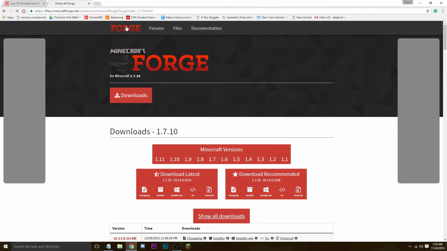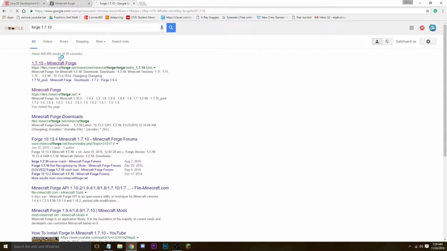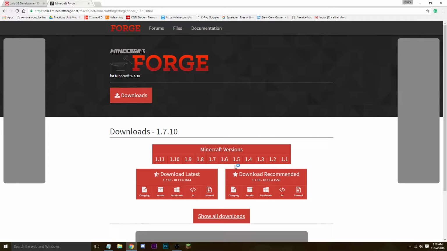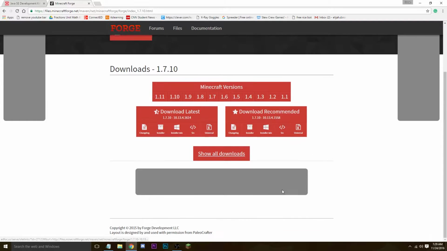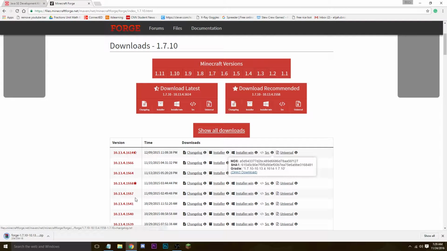So look up Forge 1.7.10 and just click the first link. Click on 1.7 and then go to 1.7.10 if it's not already there. Show all downloads. Go to this one, source, and then hover over this little eye and click direct download. And this thing will come up. And just drag that to